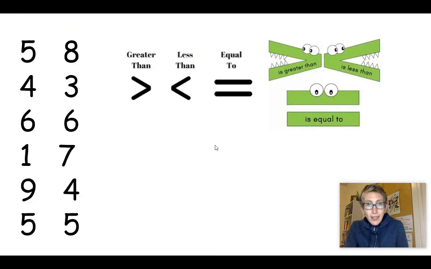You're going to practice writing the symbol for these pairs of words. You're going to practice writing the greater than or the less than symbol, or if the two numbers are the same, you're going to use the equal symbol. So for example, on the first one, I know that